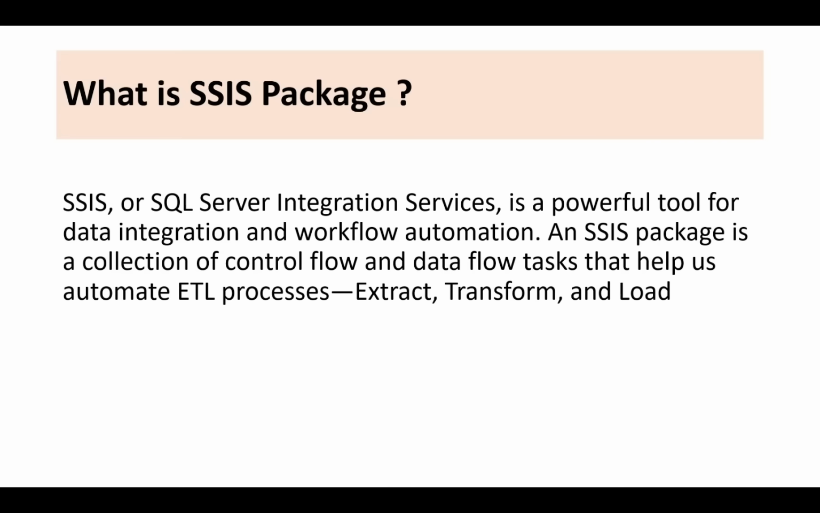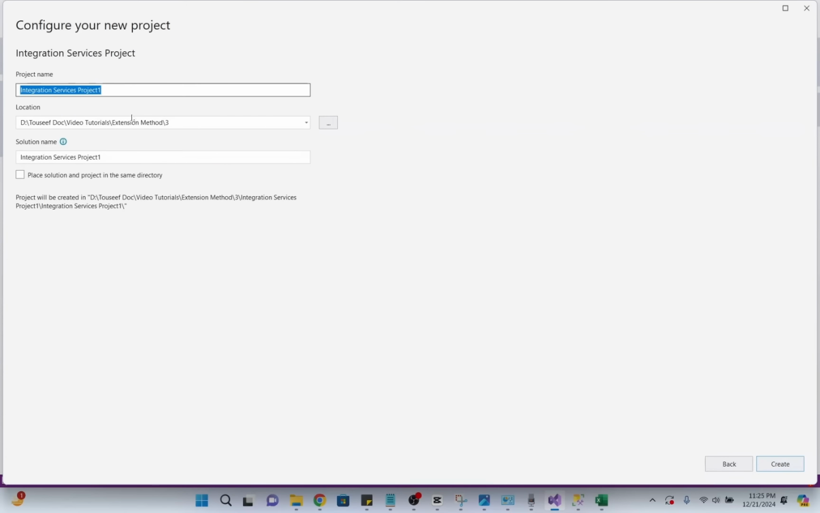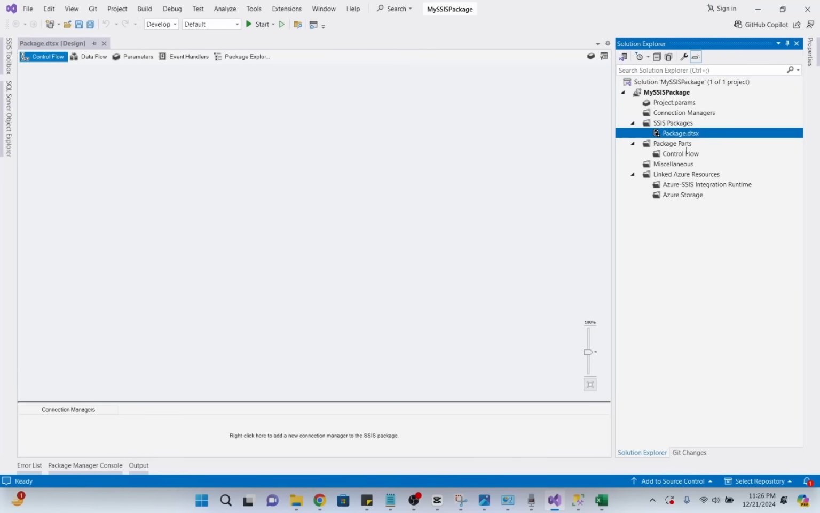Alright, let's get started. Open Visual Studio 2022. If you have installed SSIS correctly, you will see the Integration Services project template. Next, give some name to your project, for example, like here, my SSIS package. Click on create. Okay, our SSIS project has been created. I already created this project in my previous video, so I will give its link in the description as well. Go to Solution Explorer and we see